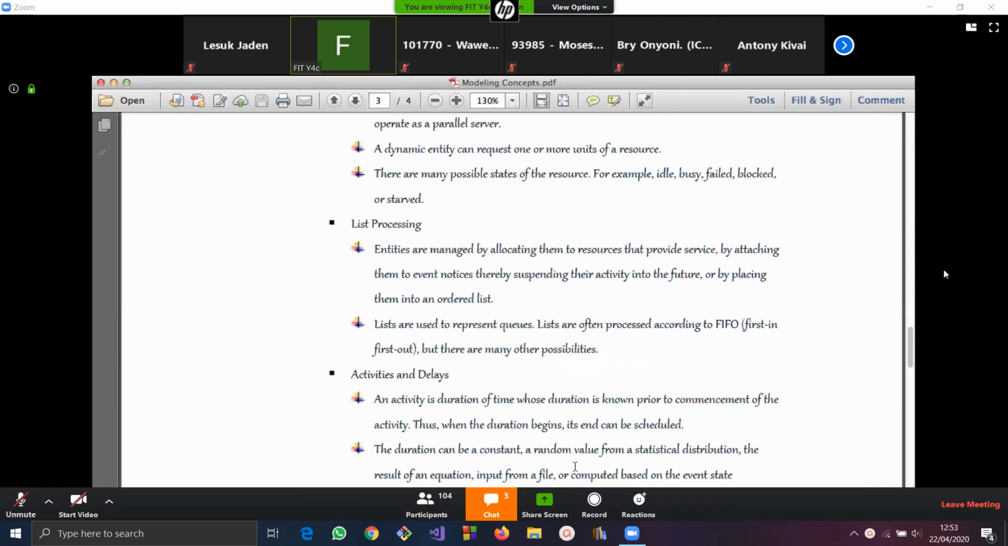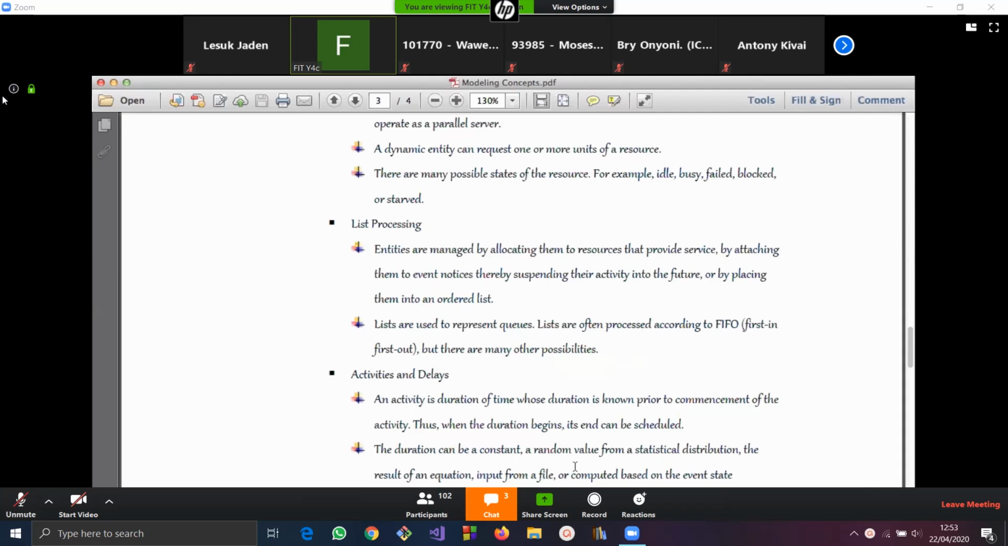consume time. Of course, also an activity can consume a resource, like computer memory. But for the purpose of modeling, that is not what we want to deal with. What we want to deal with is that which consumes what? That which consumes time, or which we can associate time with. And that's very important. And therefore, we can see a constant activity, meaning that